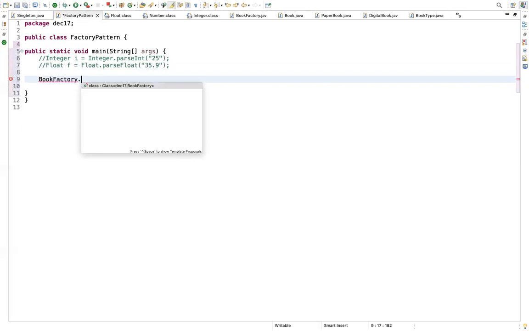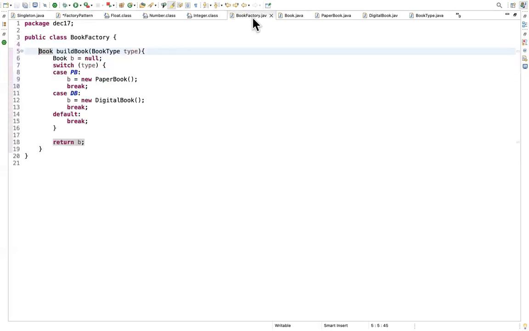Can you go to your book factory once? We need to do one more step there. We didn't give the return type for the build book, right? So let's make it static and public. Return type is book, right? You need to have the return type.